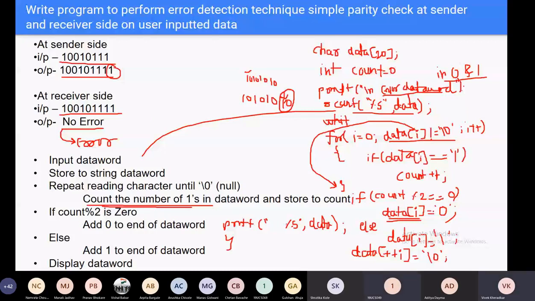Next, so the code is the same, only where is the change? Shubham, tell me where to change. Sir, we have to check even or odd, so if it is even, then no error, so you have to print that. So instead of this data of i, now the code is: if it is even, printf no error.